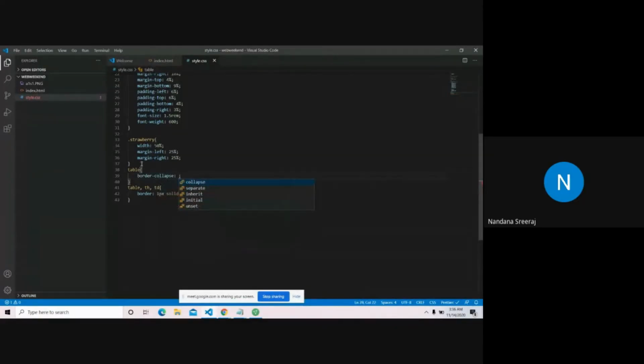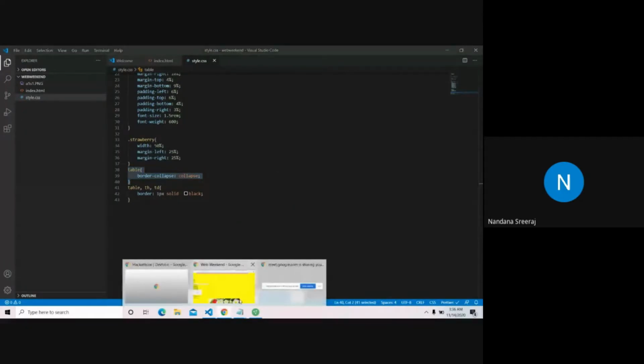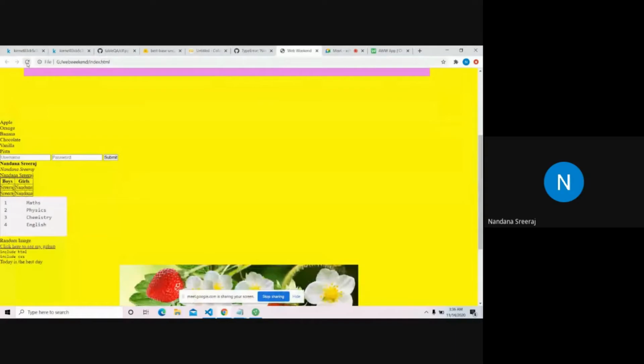To make it look a little bit better. Now it became a single border, and now it looks like a table, and it looks much better than what it was before, right?